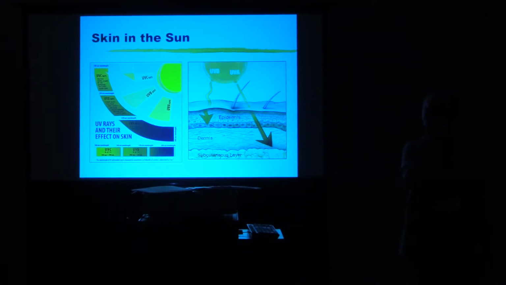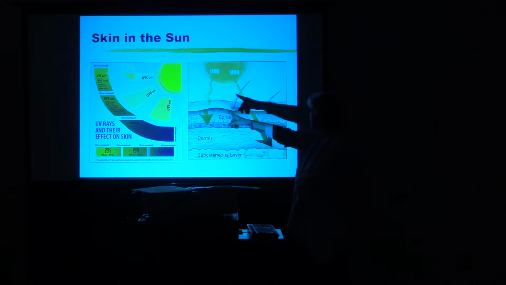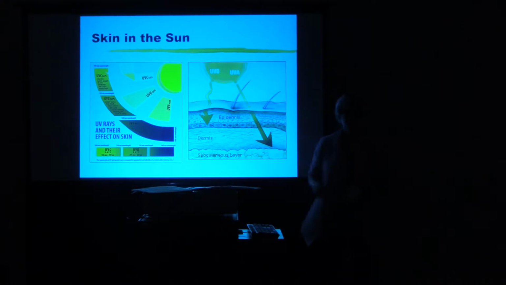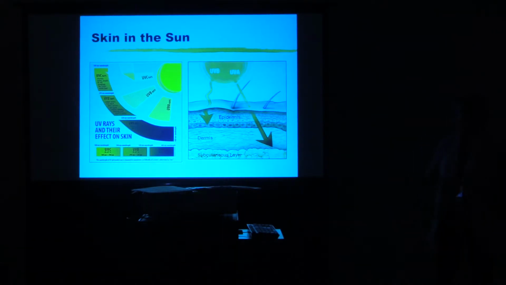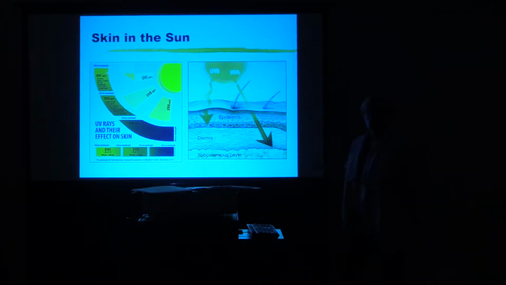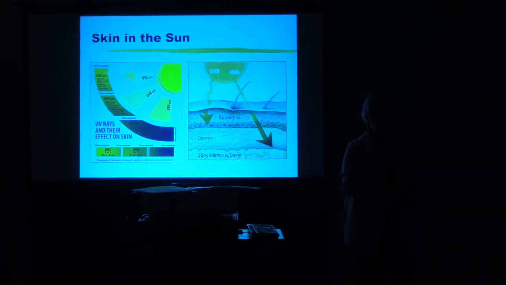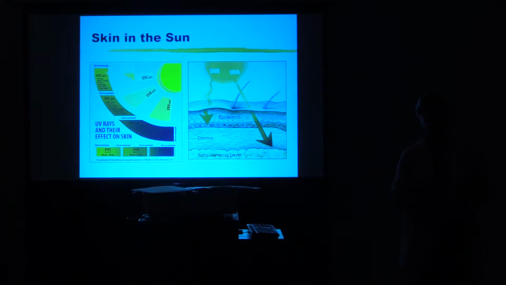UVC rays typically don't get through the atmosphere, so we don't have to worry about that, all right? UVB rays, however, will go through to the top surface of our skin, the epidermis. UVA can be even more damaging and can go all the way down into the dermis of the skin. So when you're putting on sunscreen, you're really trying to protect yourself from both,